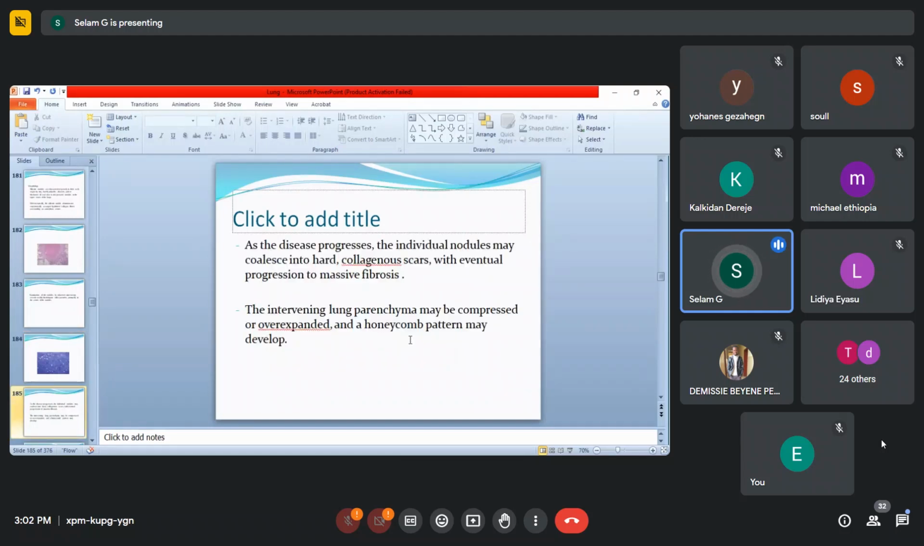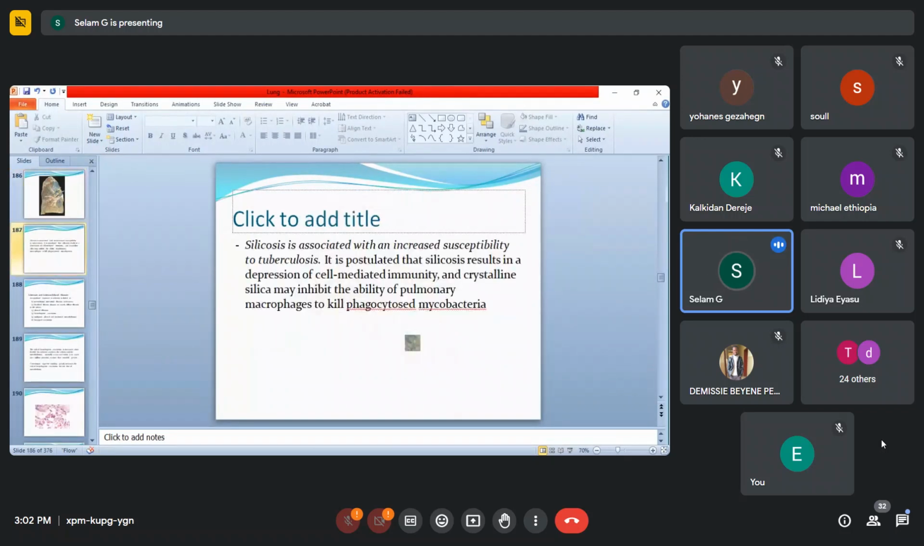As the disease progresses, the individual nodules may coalesce into hard collagenous scar with eventual progression to massive fibrosis, just like coal workers' pneumoconiosis, and the intervening lung parenchyma may be compressed or overexpanded, and a honeycomb pattern may develop like that of coal workers. Silicosis is associated with an increased susceptibility to tuberculosis, and it is postulated that silicosis results